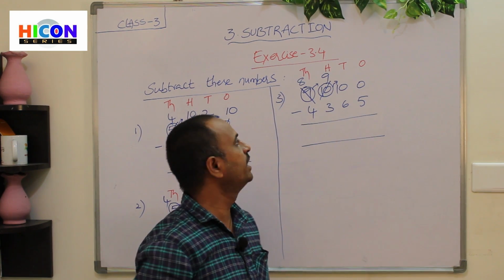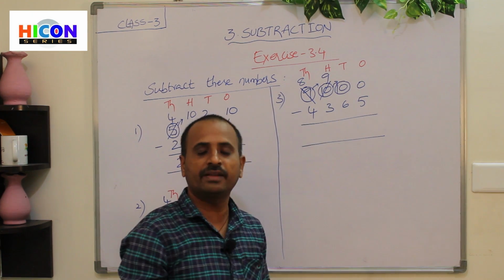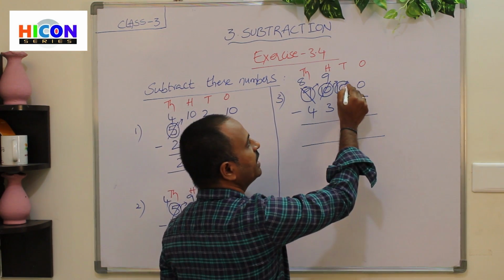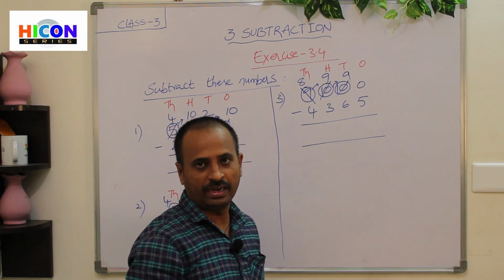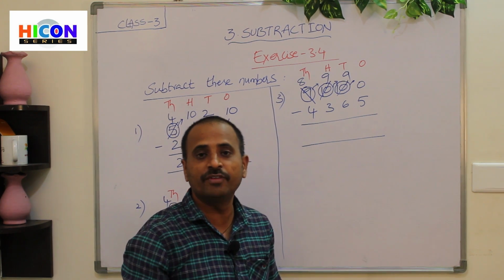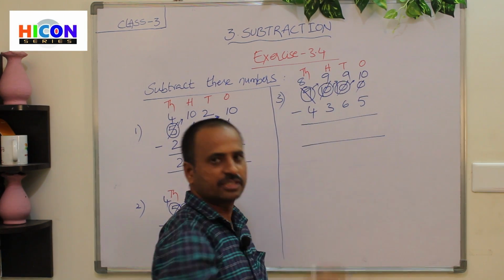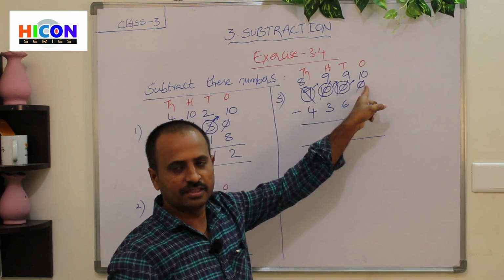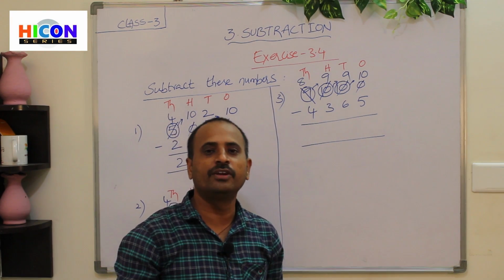How many tens are there? 10 tens are there. And borrow 1 ten from 10 tens. If you borrow 1 ten from 10 tens, how many tens will be there? Again there will be 9 tens. And carry 1 ten to the ones place. If you carry 10 to the ones place, it becomes how many ones? 10 ones. So write 10 here. So in this way, we have to continue the process until we get some tens in the ones place. So how many ones are there? 10 ones are there. Now we can do the subtraction.